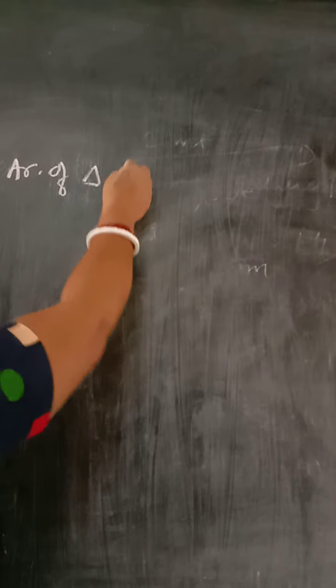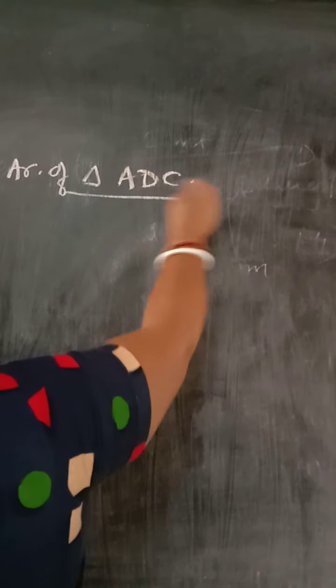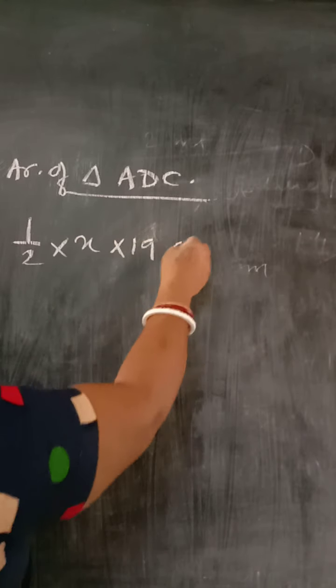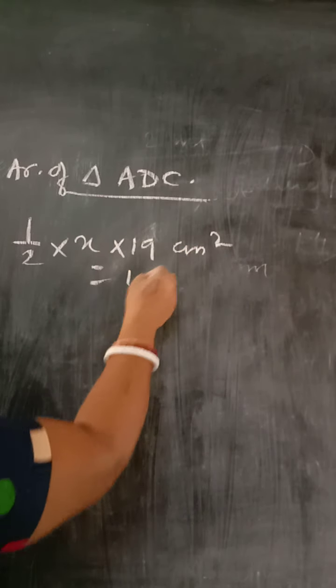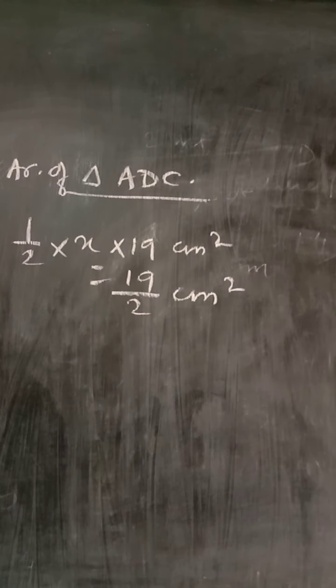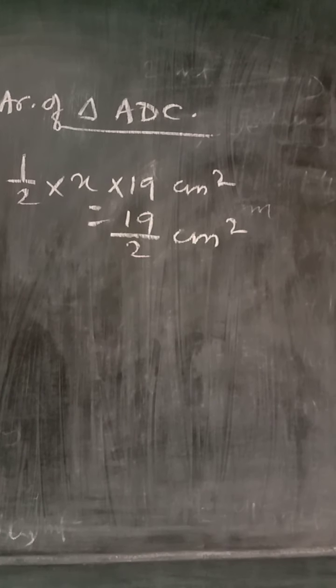It will be half into x into 19 centimeters, or 19x by 2 centimeters square. Once we add the areas of these two triangles, that will give you the area of the quadrilateral,